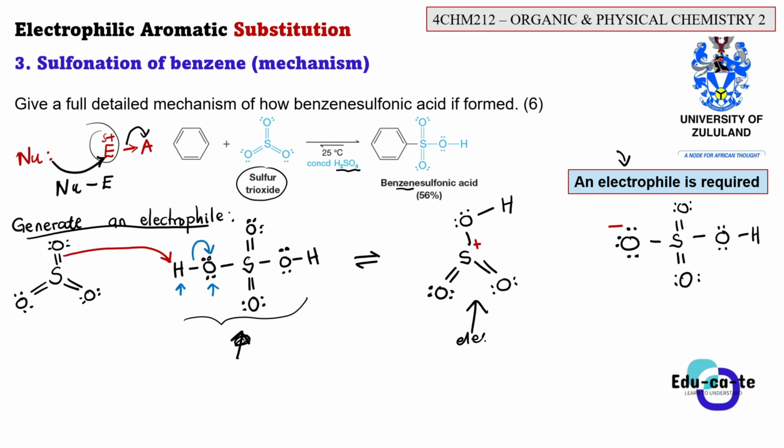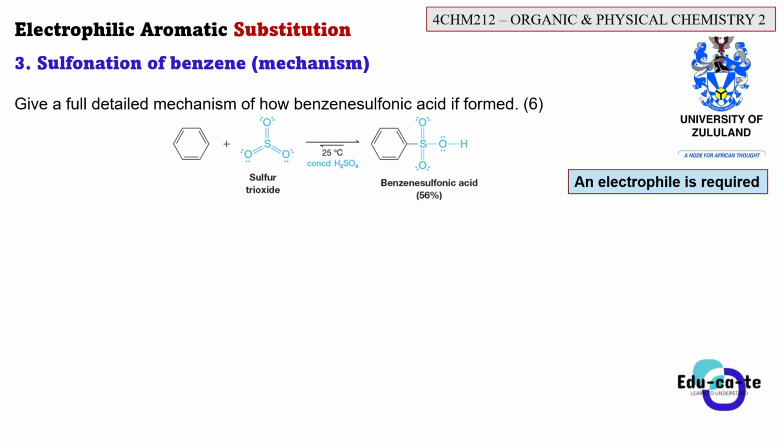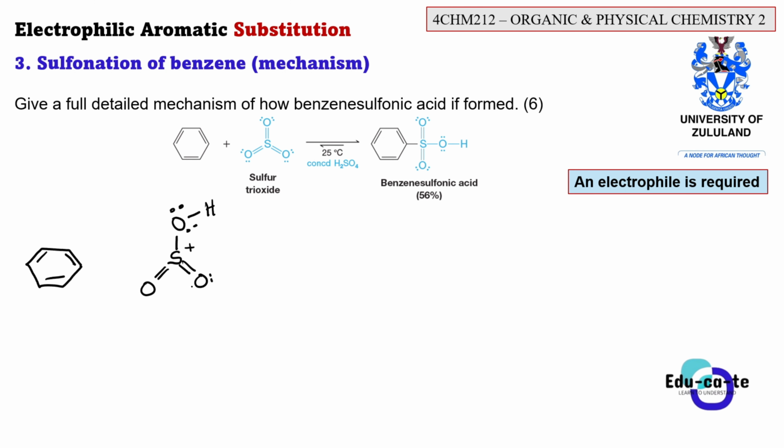Let me just name this electrophile. Then we will introduce it to our benzene ring, which is the nucleophile. Remember, the electrophile was sulfur with a single bond to oxygen with a hydrogen there. This oxygen still has 2 lone pairs of electrons. The sulfur has a positive formal charge. Then we have a double bond oxygen there, then another double bond oxygen. These are still fine. There's nothing wrong with them. We never reacted them with anything.